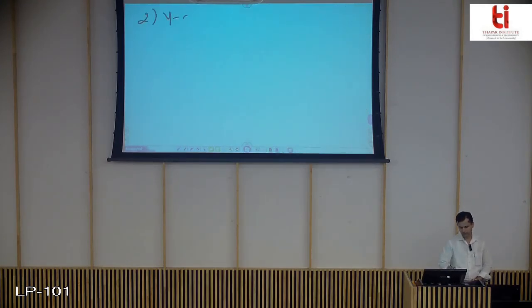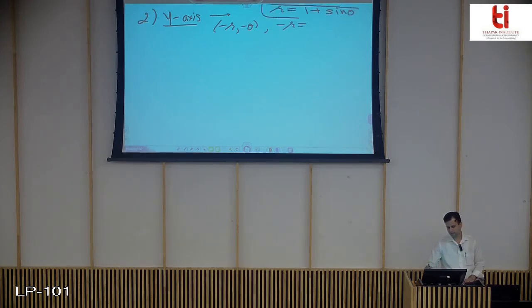Then we switch to the y-axis. Here you have the first point, minus r, minus theta. You can substitute it here. You get minus r is equal to, the curve is r equals 1 plus sine theta, so substituting this point you get 1 minus sine theta. So minus r is equal to 1 minus sine theta. Clearly you can see again that this point does not satisfy. We must go for the second point.